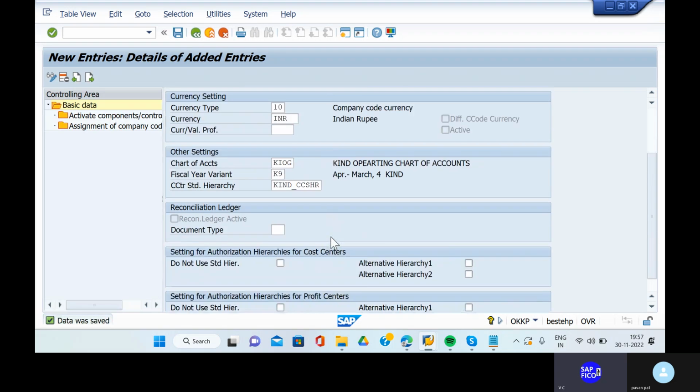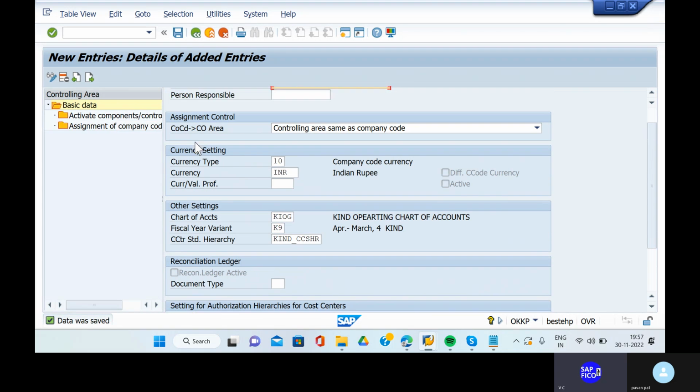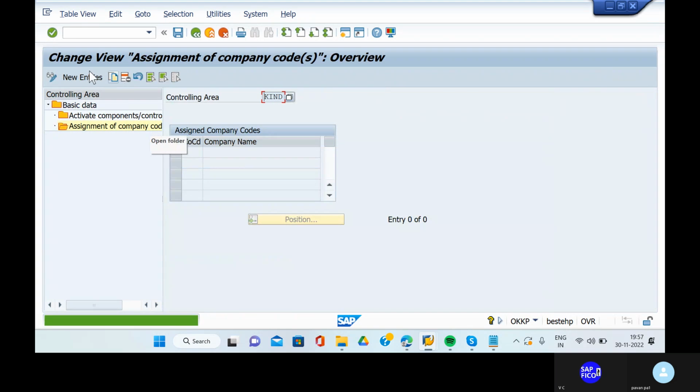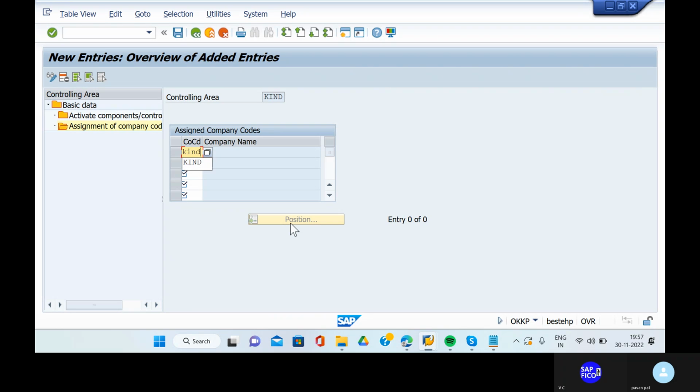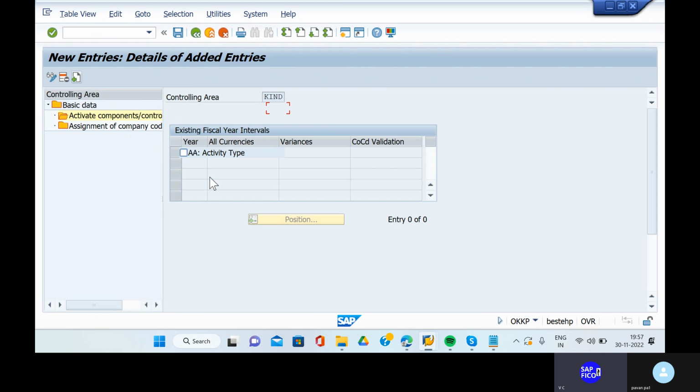And yes, go to activate components or else go to the assignments of company codes. First of all, go to the assignments of company codes. Yes. Go to the new entries and give company code. Click on enter. Go to the save button and go to the activate components controlling area indicators. Go to the new entries and give